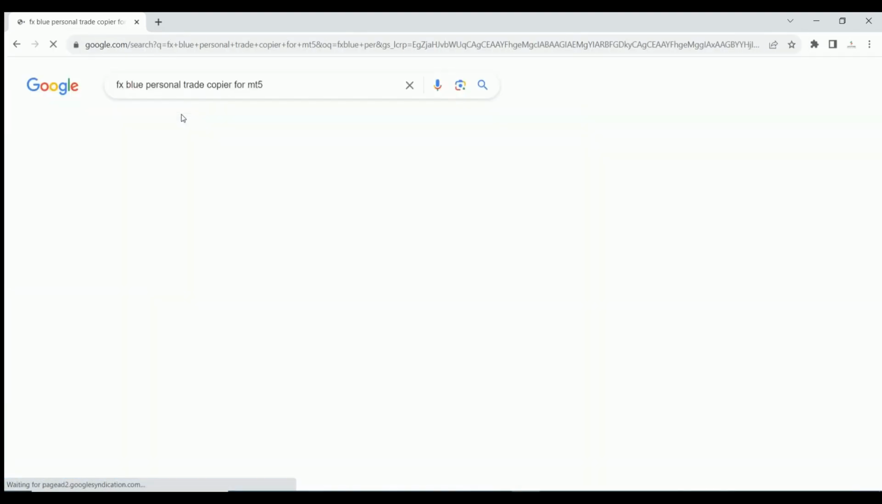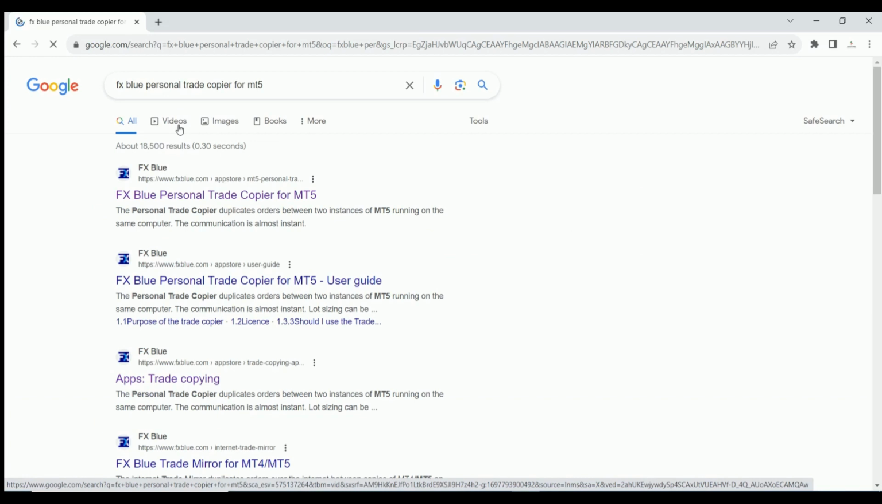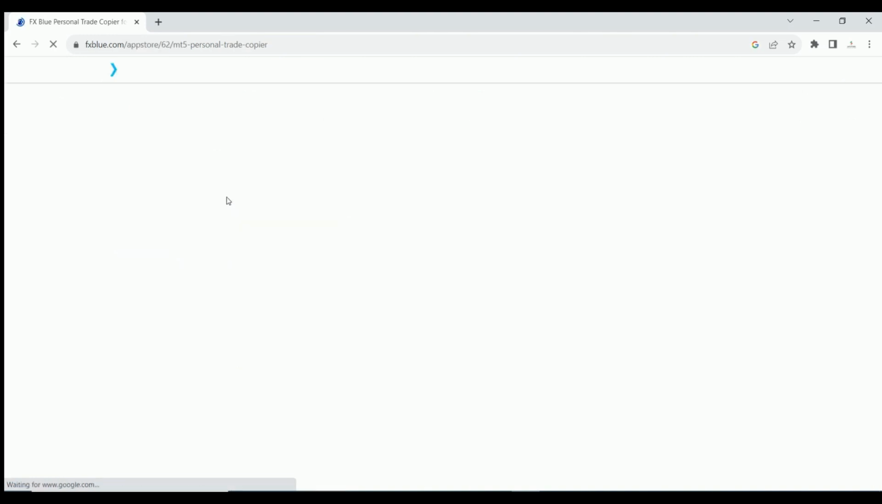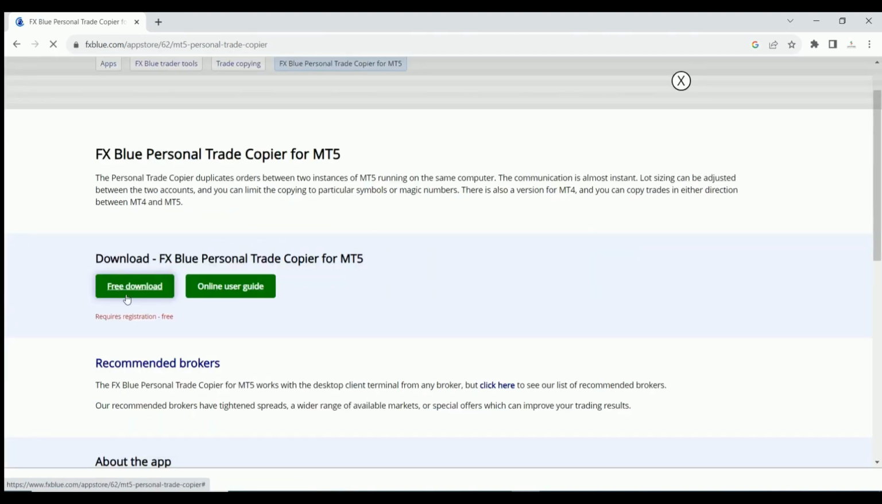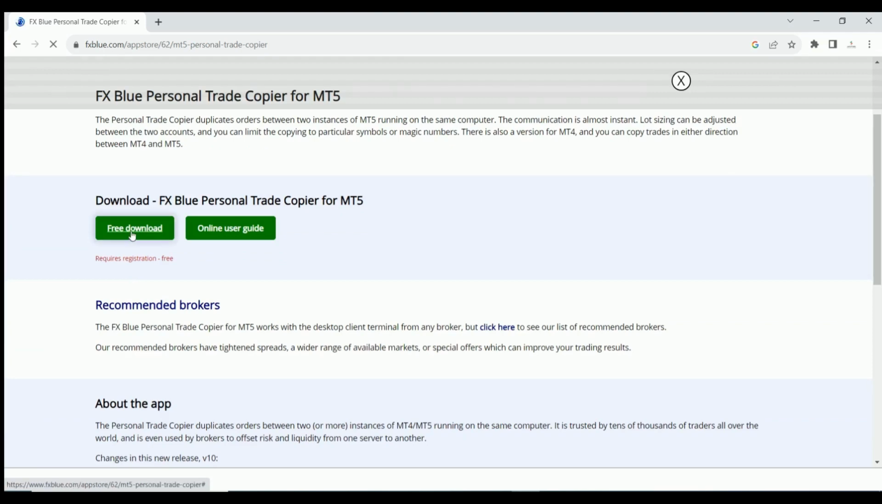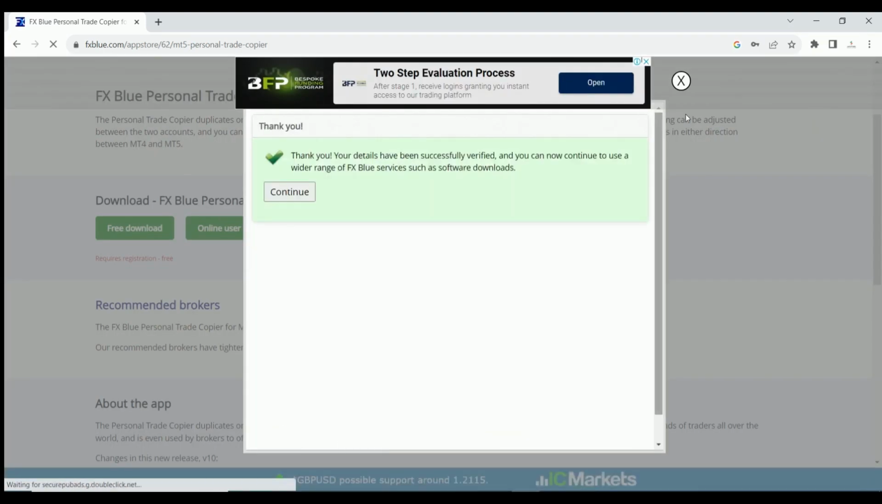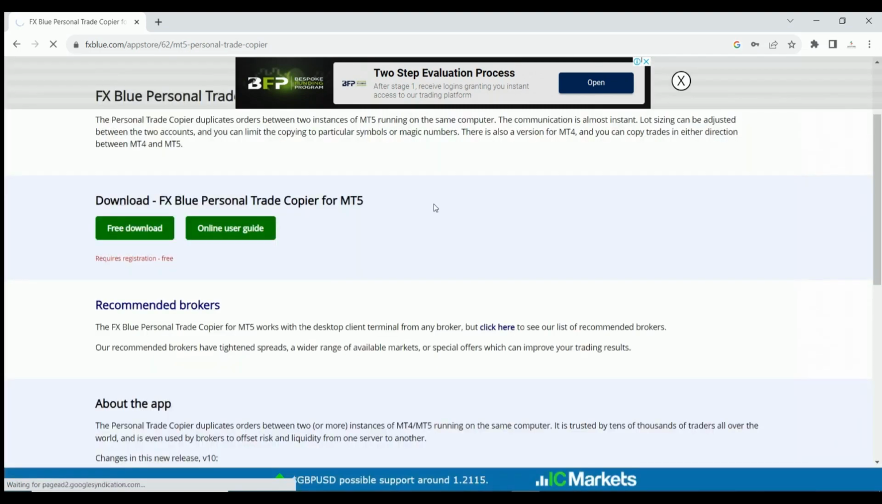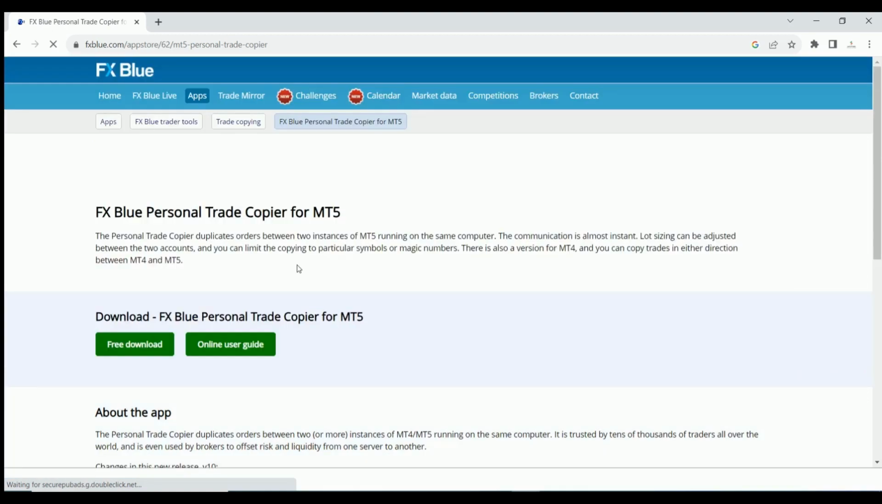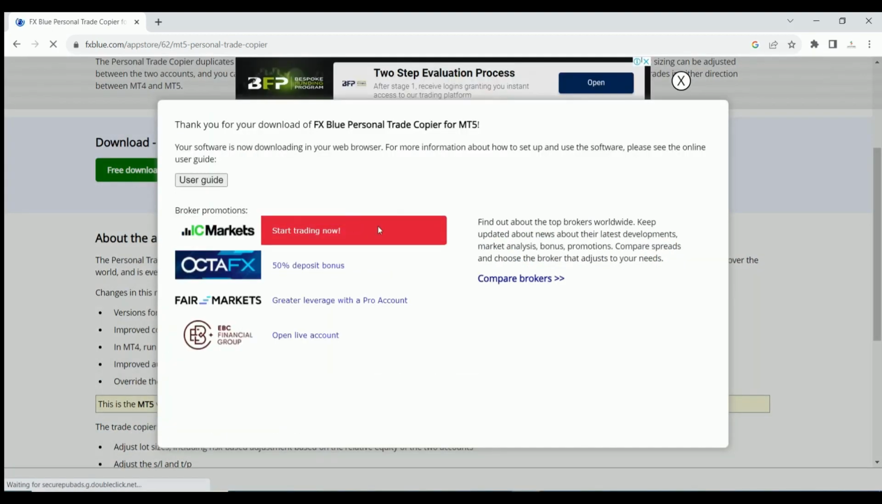I already have that of MT4 because that was what I used to make the first video, and that's the platform I use mostly. So now let's do for MT5 just to answer this question. So I'm going to click this first option here, fxblue for MT5. Then I'm going to click on free download. Then if you don't have an account, all you need to do is to create an account. But I already have an account, so I'll just click login. So I'm logged in. I'll click continue, and now I'll click the free download again to download,